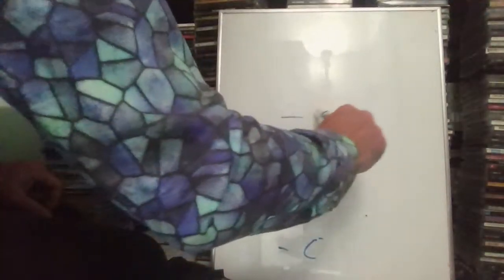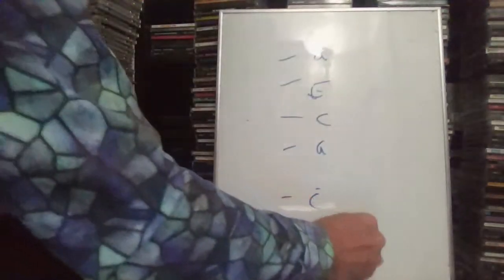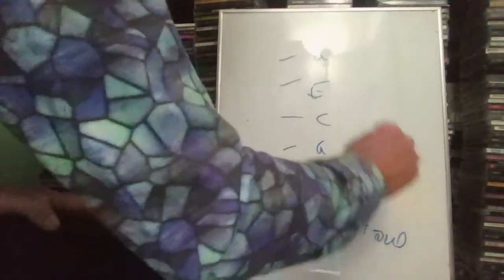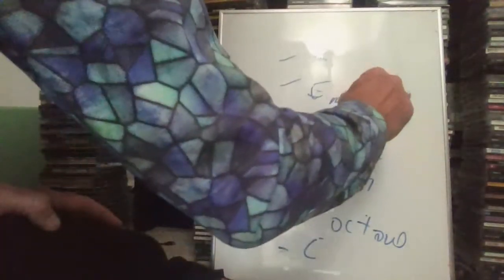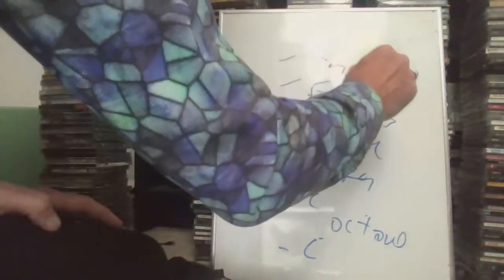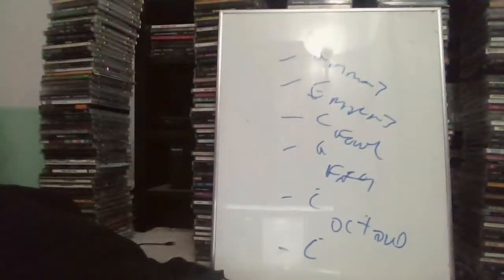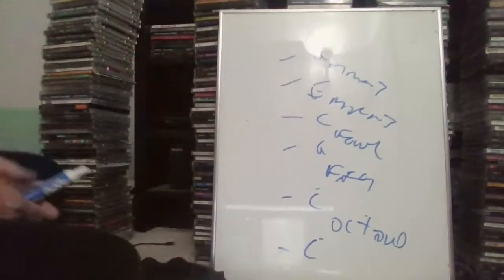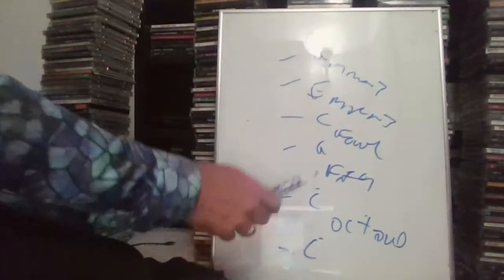So the original one is C. Then after that, I got another C. Let's make it a little wider, sorry about that. Then I got another C. Then I got a G. Then I got a C. Then I got an E. And then I got a G. All right. This is octave. This is fifth, fourth, major third, minor third. Same thing I had with the undertones, only these really exist in nature and they go upward, not downward, and they start where they start, not underneath.